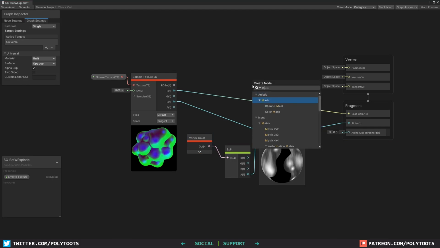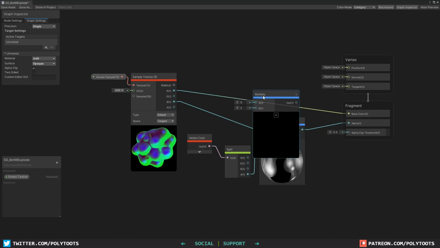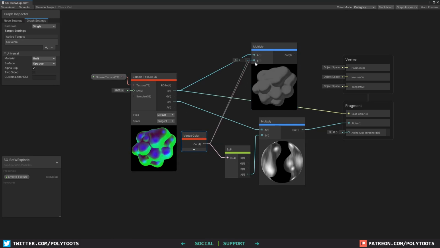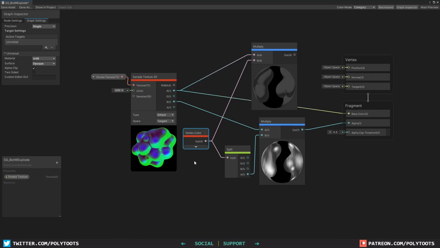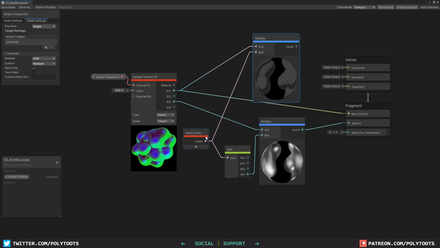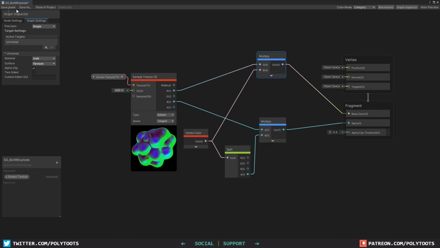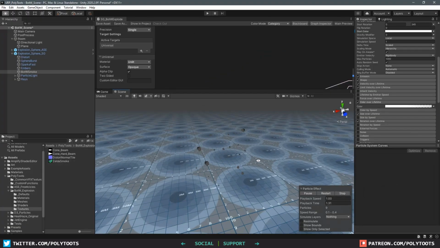And the other thing I need to do, and I'm going to tidy this all up as we move on, is grab the R channel, which is our smoke, and all of the vertex color, so it's RGB. So this will allow us to control the color. Either way, there's that, and I'm just going to give this a quick save just to have a look at what it's doing right now. So yeah, if we take a look at this,